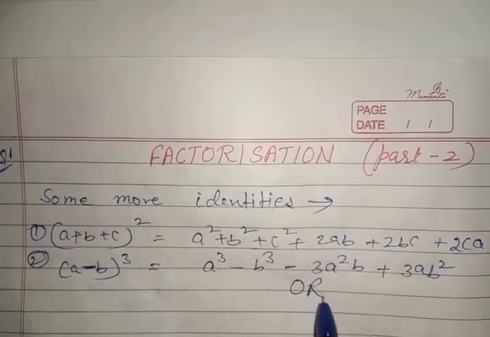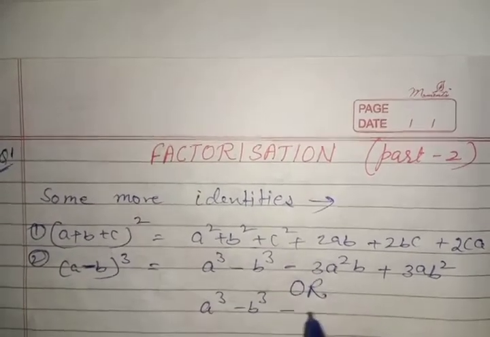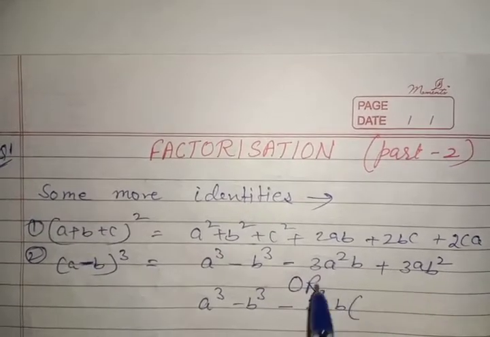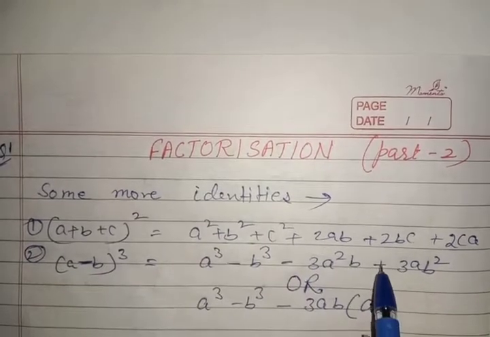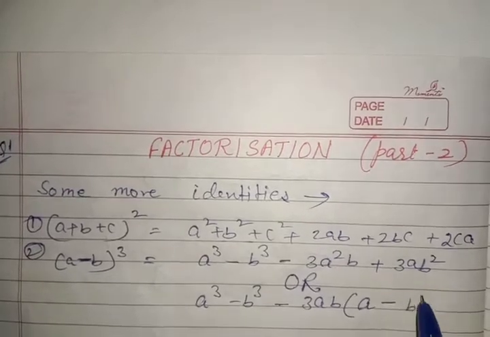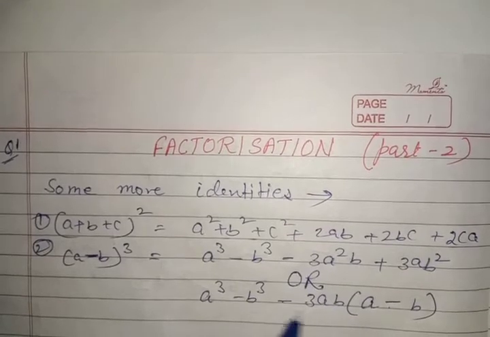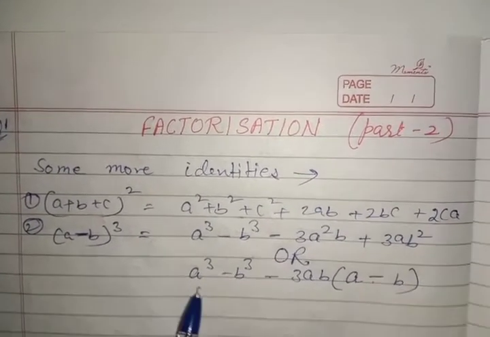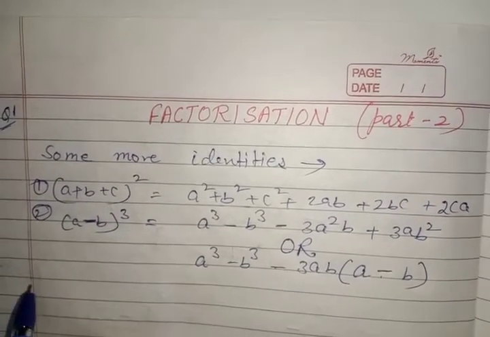If I tell you the other version of this, I always prefer that part when we do factorization. It is easy to learn. Take common out of these two terms, minus and 3ab. What is left inside is a, and since we have taken minus out, this will become minus, and this is (a - b). Now it is easy to learn. Minus, minus, minus. Throughout the formula, each term has a minus sign. After a³ minus, in the bracket also minus. So it is easy to use.